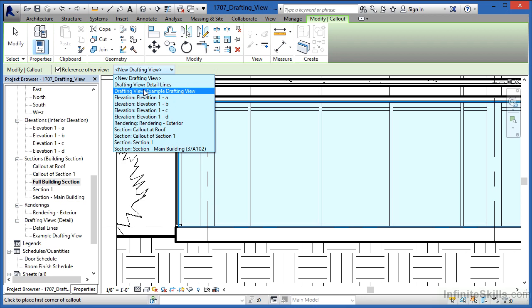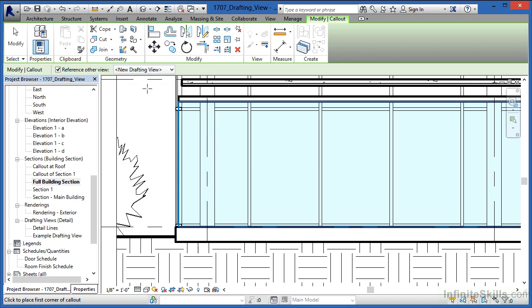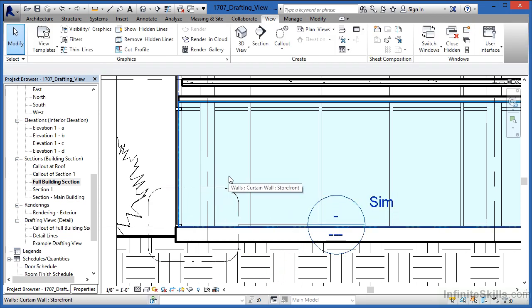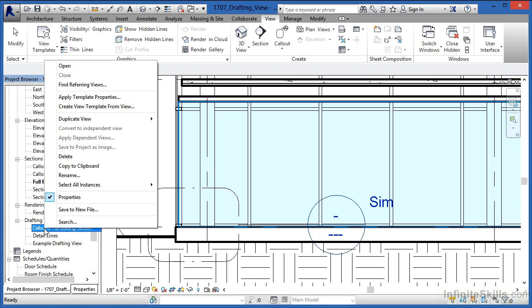In this case, though, I'd just like to create a new drafting view. Next, I'm going to click once here, and then click again. It's now created a new drafting view, and we can see that as well underneath the project browser, and it's called Callout a Full Building Section. If we wanted to give this a different name, we could. It would just be a matter of right-clicking on this and then going to Rename. In this case, though, I'm not going to actually rename it, but it's always good practice once you've created a condition like this to right-click on it, go to Rename, and give it a name that everyone will be able